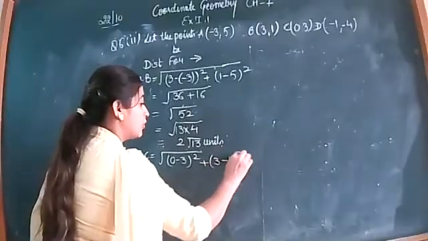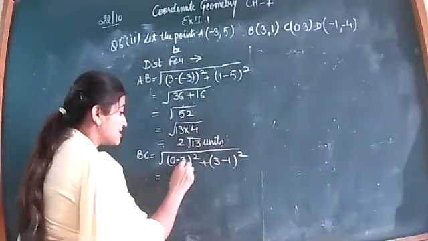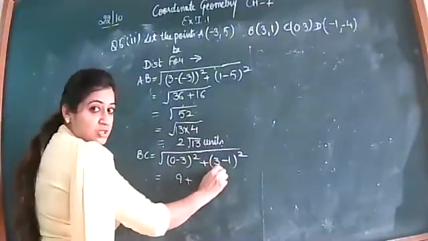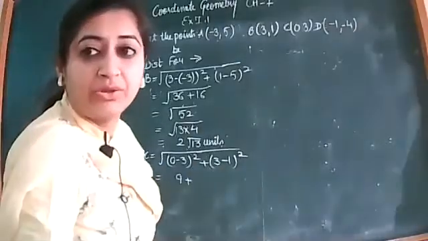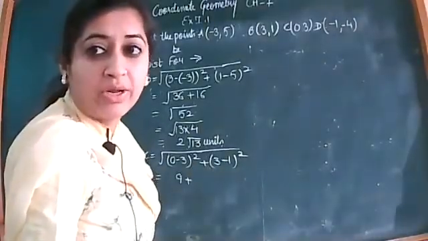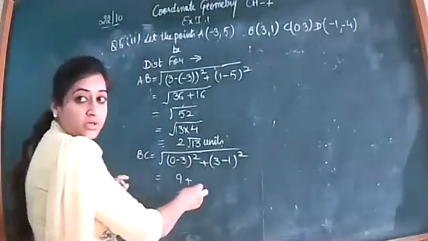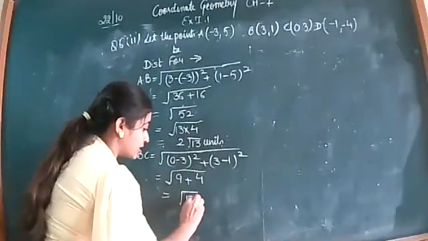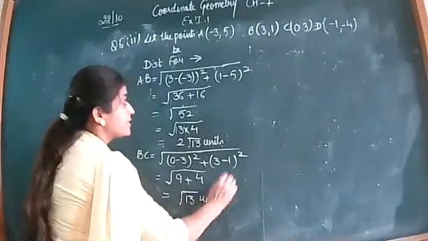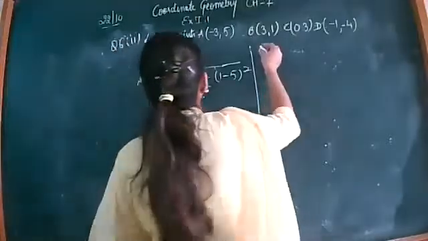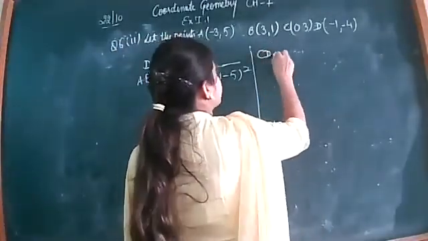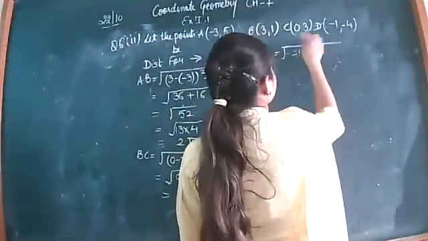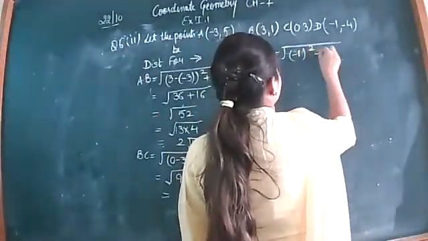Now after this, the length of BC will be given by 0 minus 3 whole square plus 3 minus 1 whole square, that will give you -3 square is 9. 2 square is your 4. That will give you root 13 units. In the similar manner, you will find the rest of the two sides. CD will be given by -1 minus 0 whole square minus